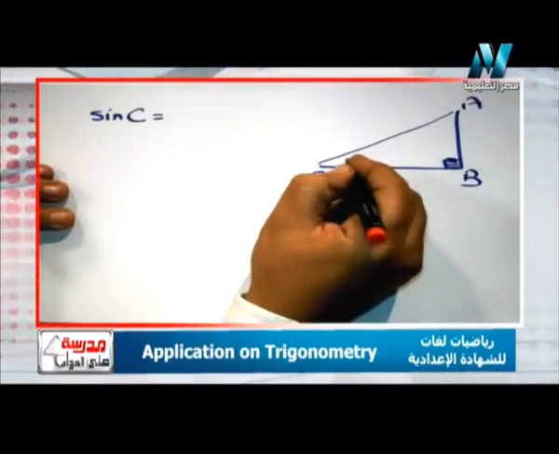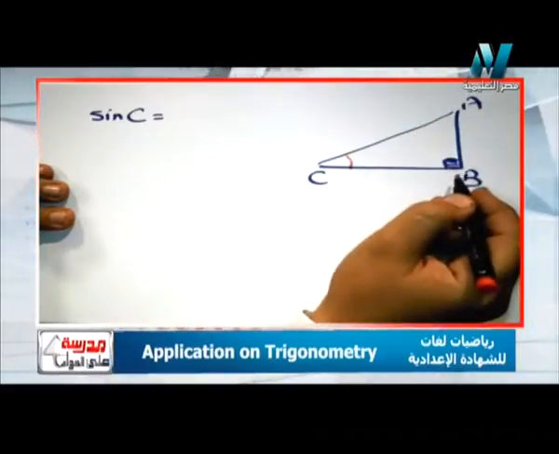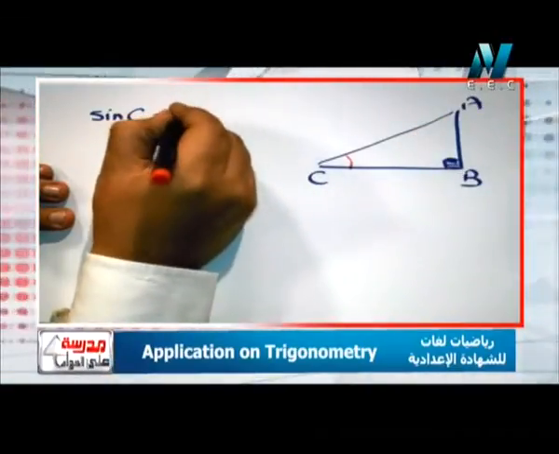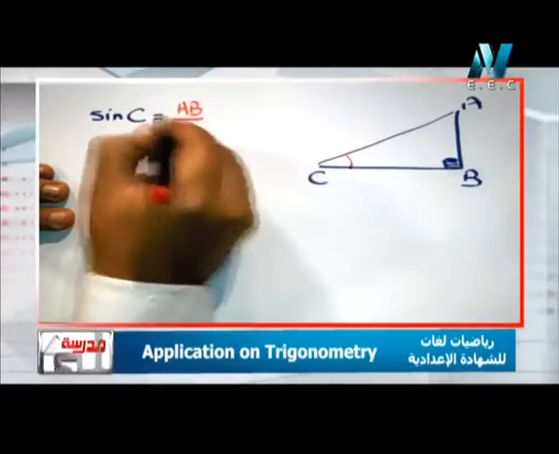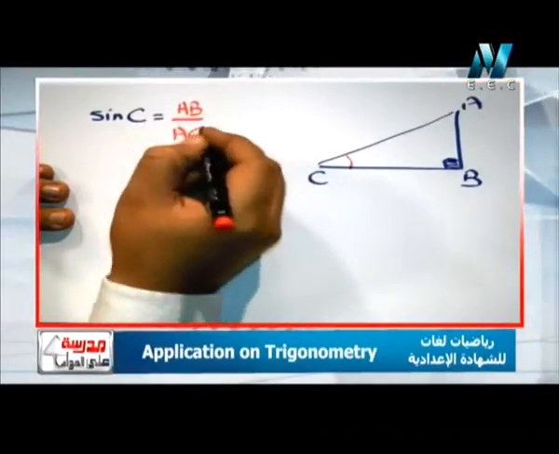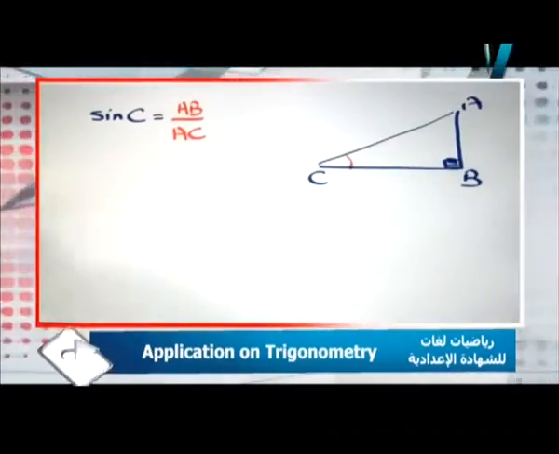So this is angle C, and the opposite side of angle C is line segment AB. So we have AB over the hypotenuse, which is AC. The ratio between the lengths of these two sides is the sine of angle C. And we knew before that